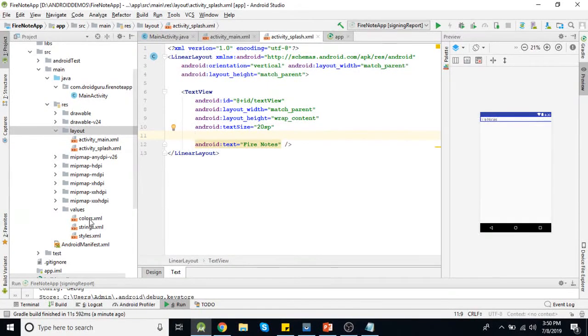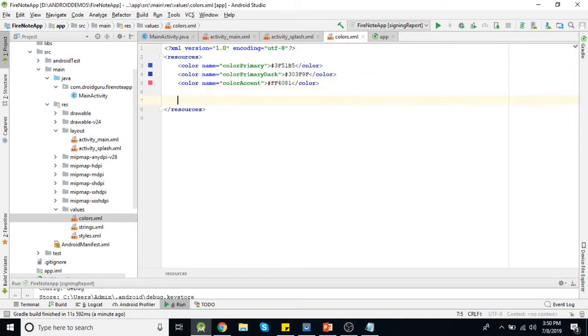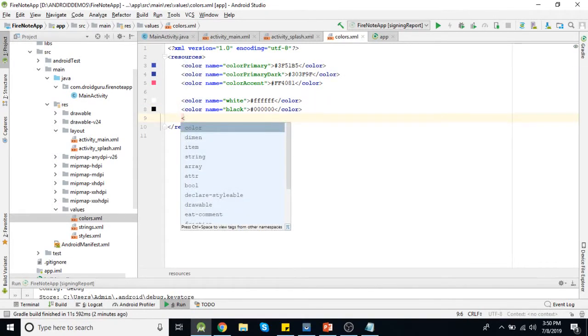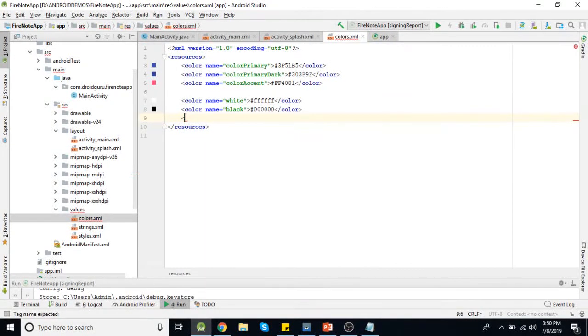Let's define some colors here in the resource file so that we can easily access them. Most commonly used will be white, then the next one is black. We are going to use edit text, so let's define some color for the hint. We'll use some gray shade.